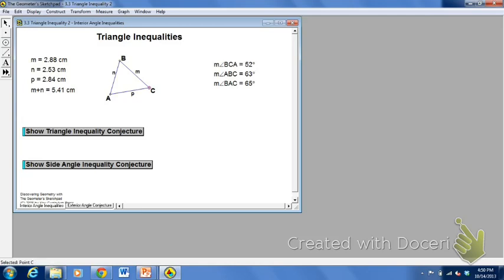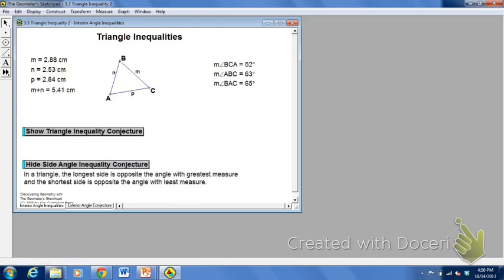And if we look at the largest angle, BAC, which is also the same thing as saying angle A, it has an angle measure of 65 degrees. And that's opposite M, which has a side length of 2.8, which is the biggest side. So in this case, in a triangle, the longest side is always opposite the angle with the greatest measure, and the shortest side is always opposite the angle with the least measure. All right, and it makes sense, because if we